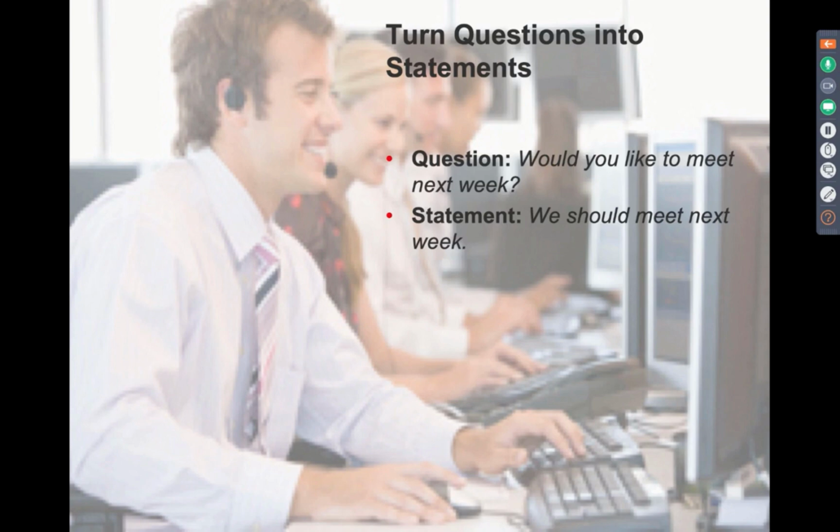Instead of saying, do you want to go have Chinese food, right? You can turn that question. I mean, obviously, if you're asking that question, you want to go have Chinese food, or you're making that as a suggestion, right? So you can turn that question into a statement to say, let's go have Chinese food. And that change, you're basically changing a question mark to a period, right? And delivering it in a confident, persuasive way can have an impact on getting agreement.